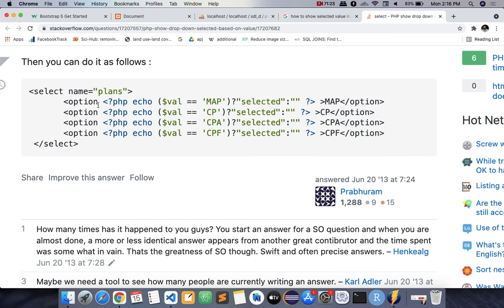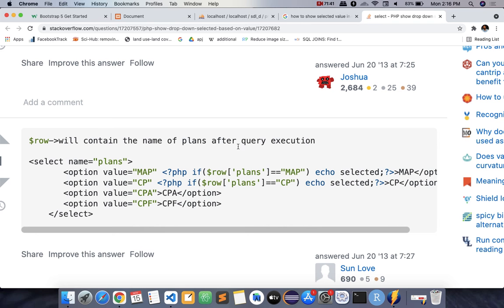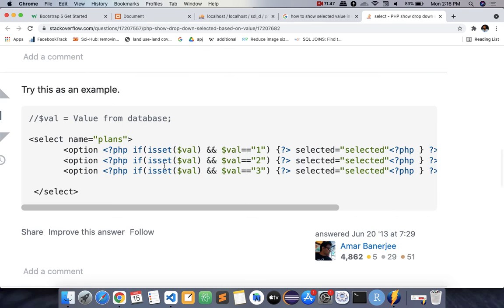In every option, they have written one PHP script, and whatever value you have selected, if that value is equal to your option, you have to print one message, selected, otherwise not. By default, it will be the selected value. In your other solution, anyhow you have to write this many values.